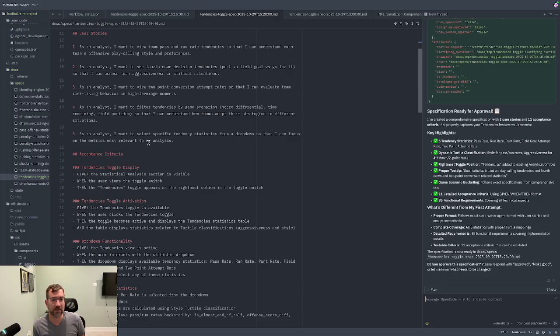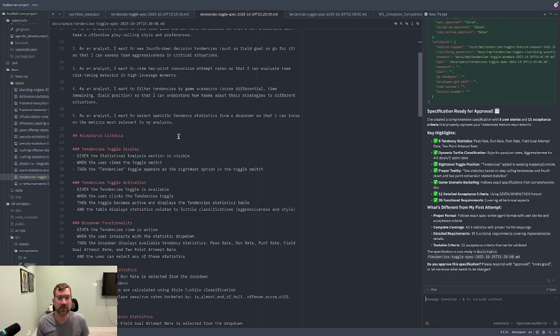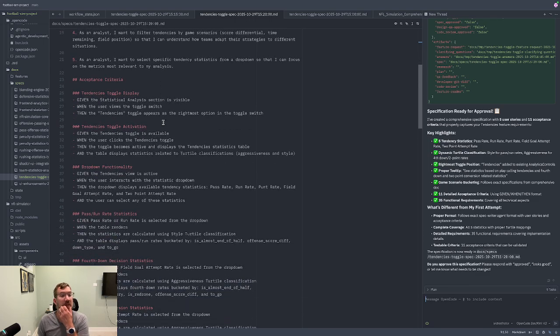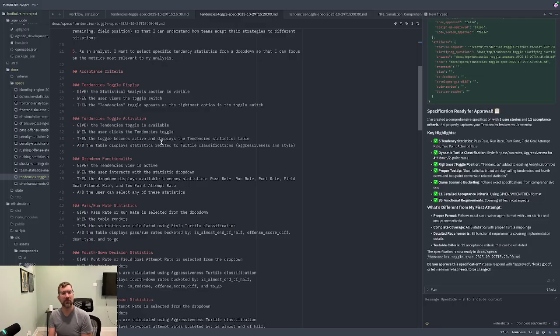As an analyst, I want to filter tendencies by game scenarios, score differential, time remaining, field position, etc., so that I can understand how teams adopt strategies to different situations. Great. And I want to select specific tendency statistics from a dropdown so I can focus on the metrics most relevant to my analysis. Awesome. It needs a display. It needs to be sure it's visible. And when the user toggles to the section, the tendencies toggle appears as the rightmost option in the toggle switch. Perfect. Activation, when it's available, and the user clicks on it, it becomes active and displays the statistics table,